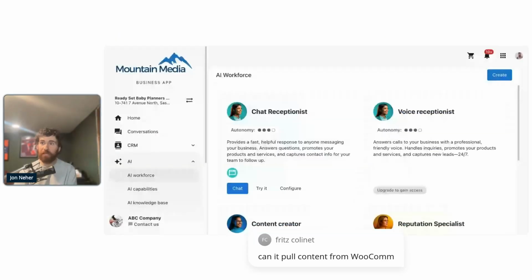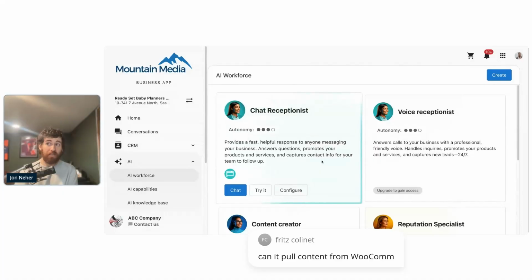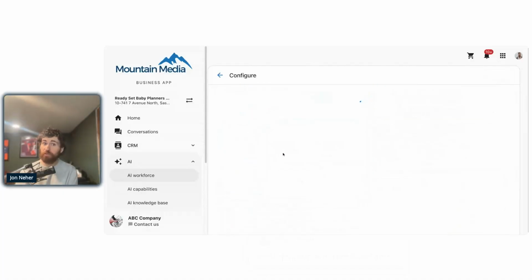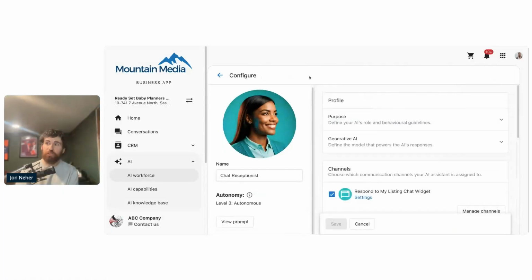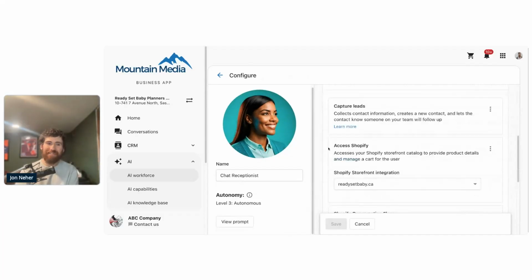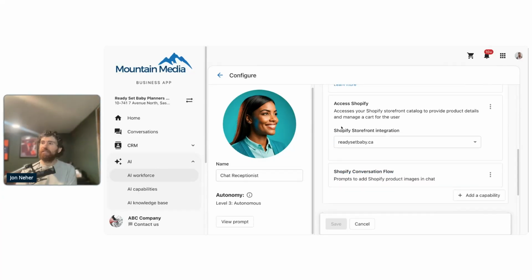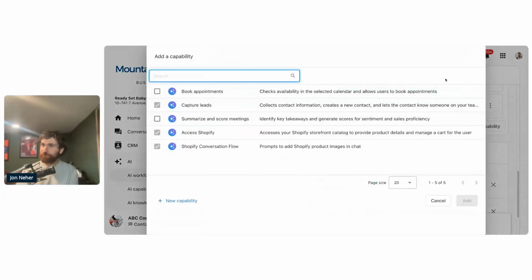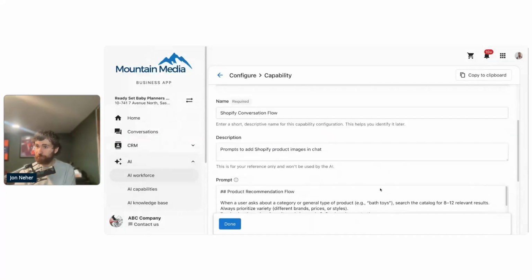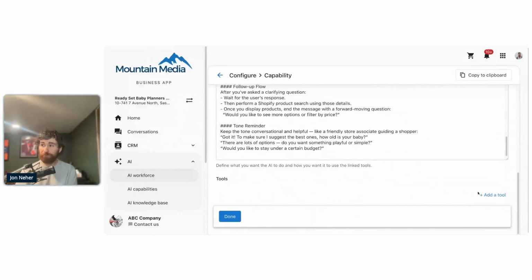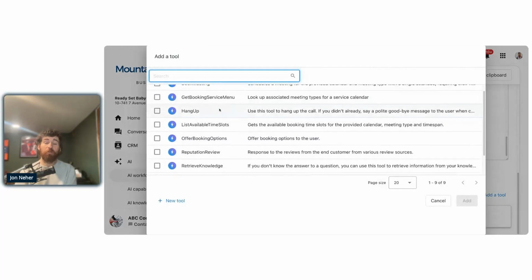What I mean by that is my chat receptionist did a really good job of pulling content from Shopify because I had this capability set up. This capability is using this storefront integration, and it let the AI use a tool to call